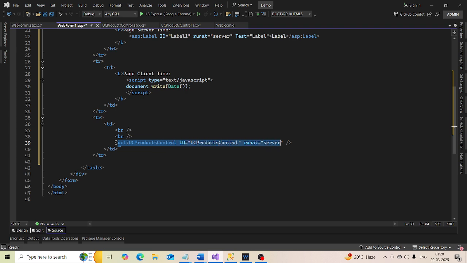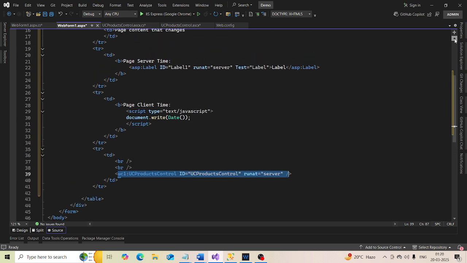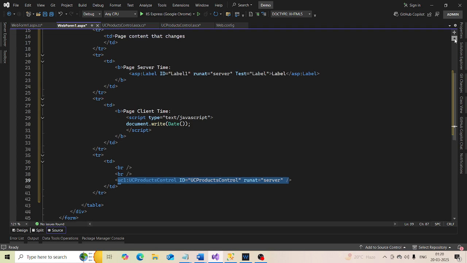that is the user control in one of the TRs, and then above the user control I have another three TRs. Okay, so if you look at the three TRs that I have here,